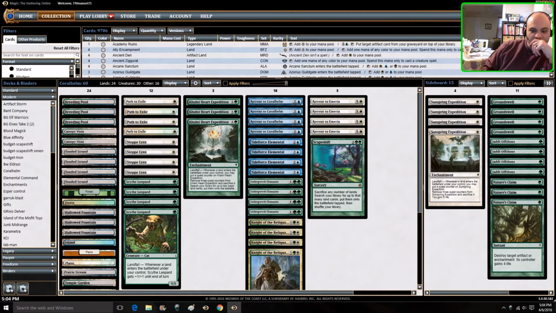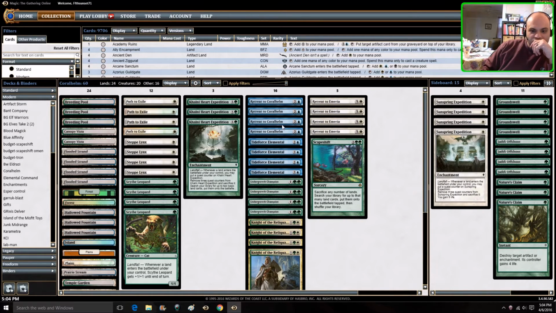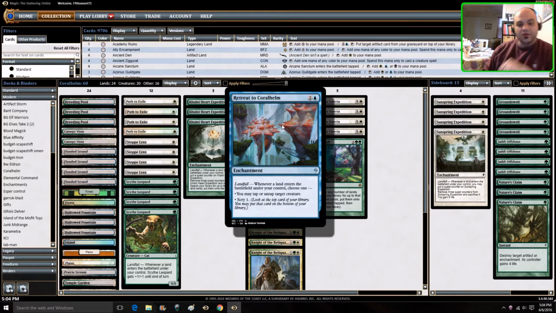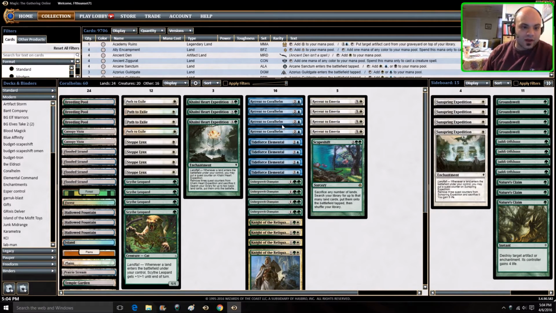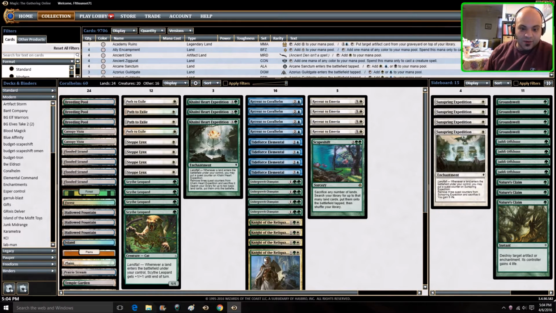This deck is called Coralhelm. It's based around Retreat to Coralhelm. It's a combo deck, but it's a combo aggro deck. So you can either play aggro or play combo. With aggro, we have Steplings and Scythe Leopard, Undergrowth Champion, and Knight as aggro creatures,